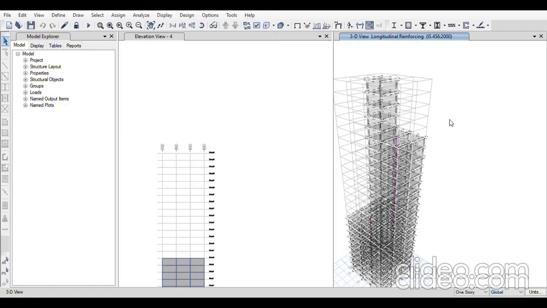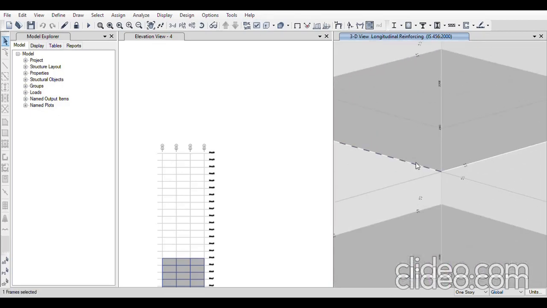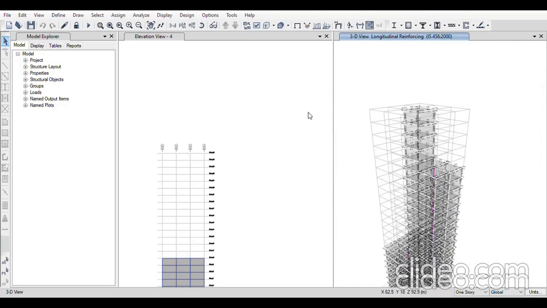All the frames will be selected. As detailing has to be done, now I'll select the beam. I have right-clicked. This shows me the rebar details. I can get in detail. The shear reinforcement and all the reinforcement details could be checked here. As this is not the licensed version, I cannot check the property details or do the detailing step.